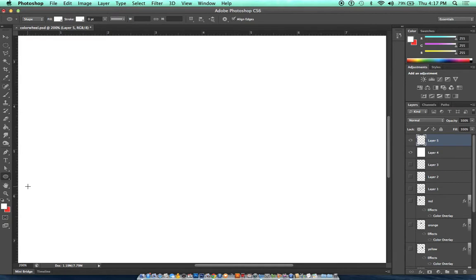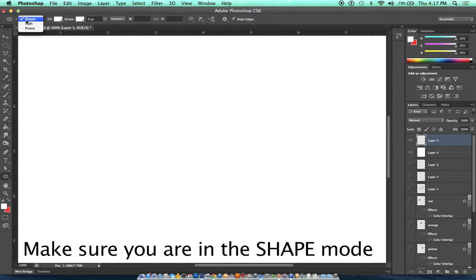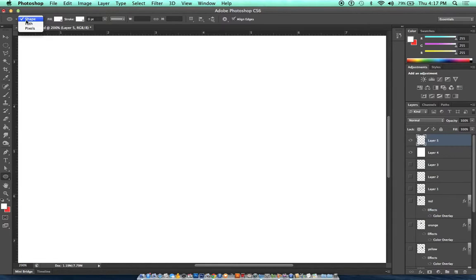And I'm going to go up to the top of the screen and make sure I'm working in the shape layers mode. This is really important because this is going to enable me to create a vector shape that can be easily resized, stroked, and a border can easily be added to it. Okay, so now I'm going to draw